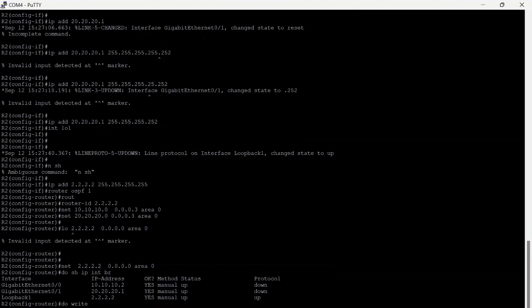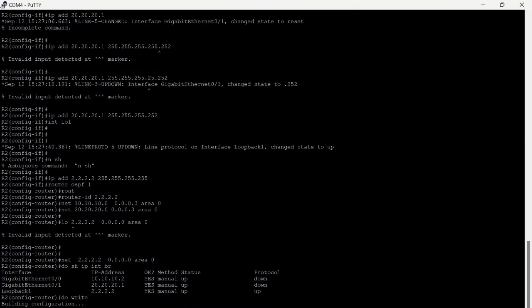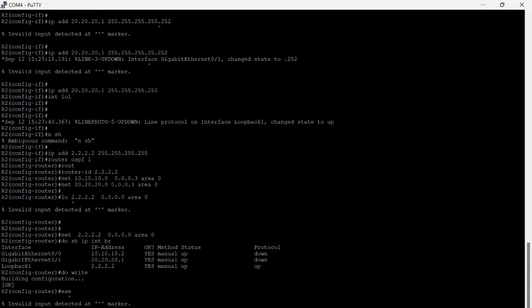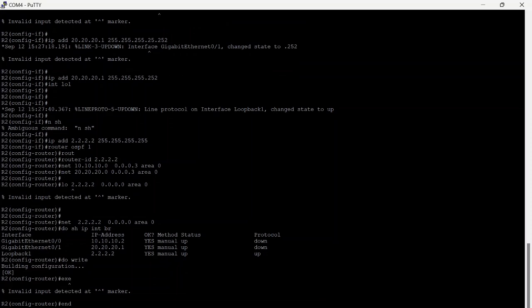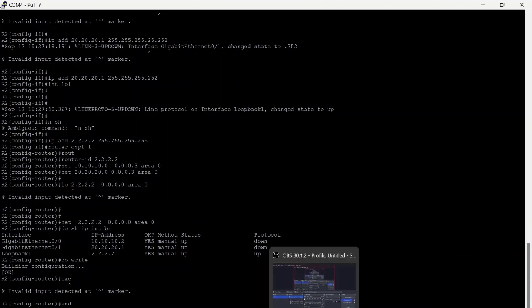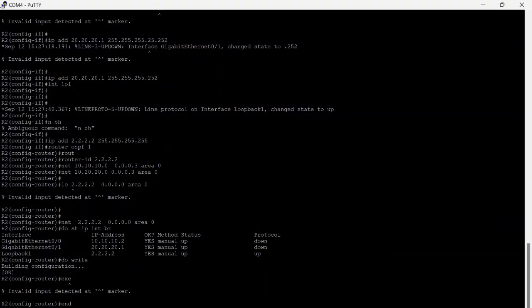This is the configuration, and I write do read, and I write N for the routing. I guess router 2 is finished.